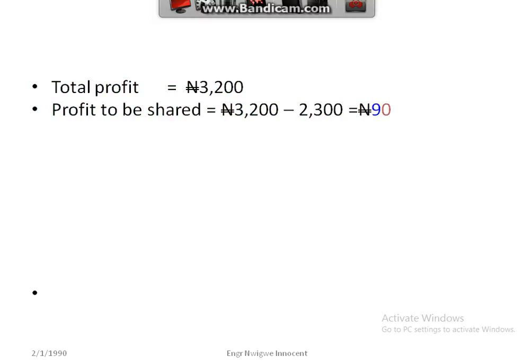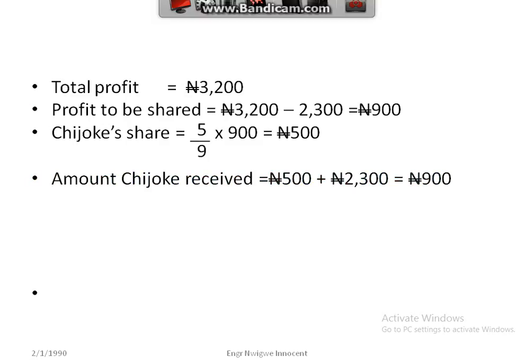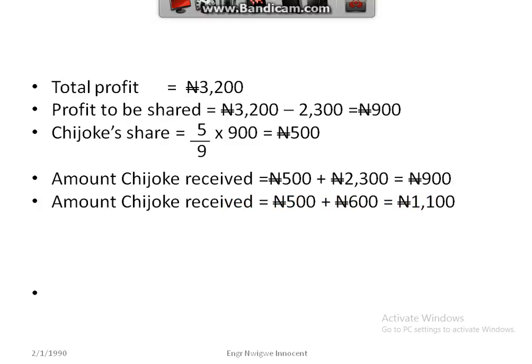Profit to be shared is equals to 3,200 naira minus 2,300, which is 900 naira. Chijioke's share is equals to 5 over 9 times 900, which is 500. Amount Chijioke received is equals to 500 plus 600, which is 1,100 naira. Adelike's share is now equals to